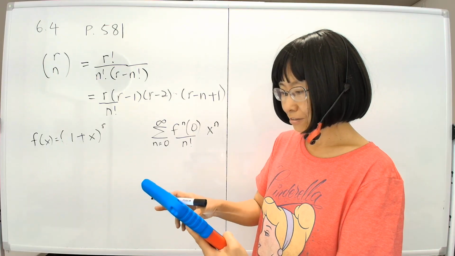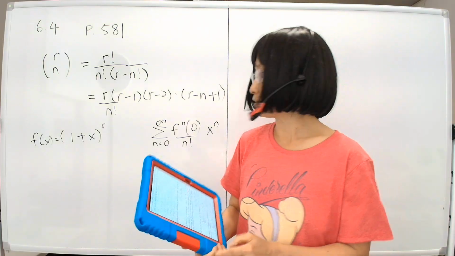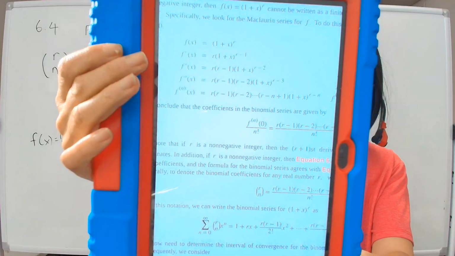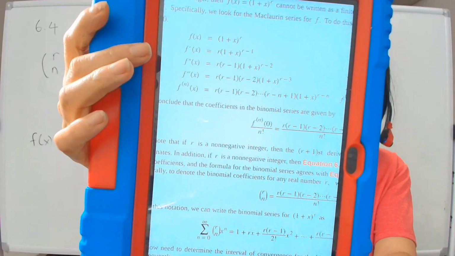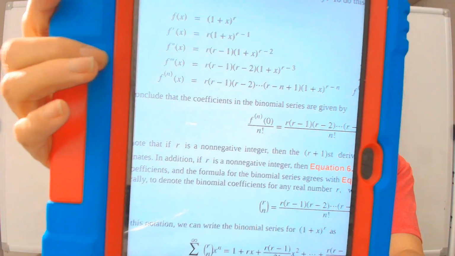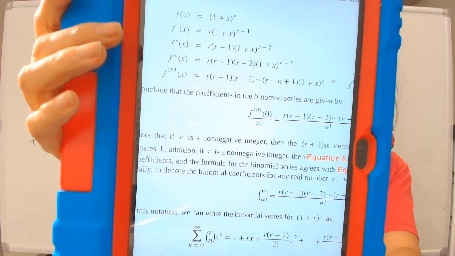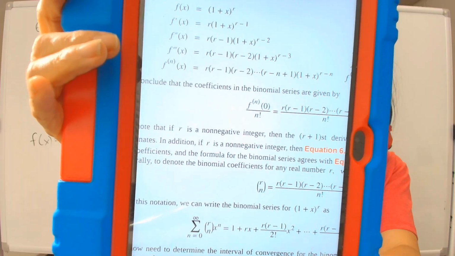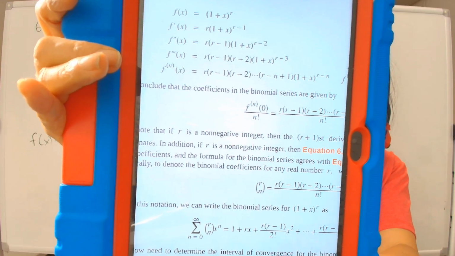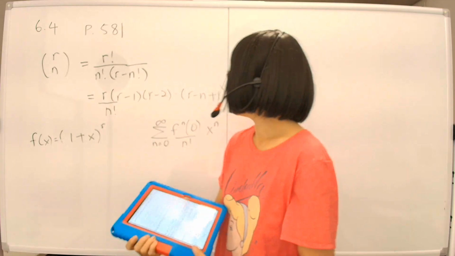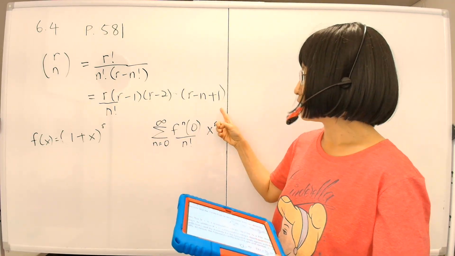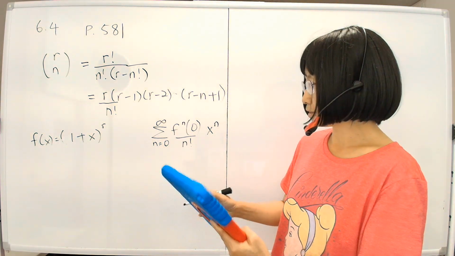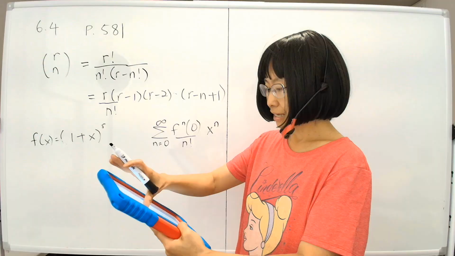Knowing that r is some real number, we crank out a bunch of derivatives, as we can see here. Do the grunt work, and then we can see f of x is that. f prime of x, you put the r down, and then f double prime. You see that the exponent keeps coming down, being multiplied out, and eventually you notice a pattern. The exponents keep coming down all the way, exactly like this. So if you follow the formula, then the Taylor series of this particular function is equal to